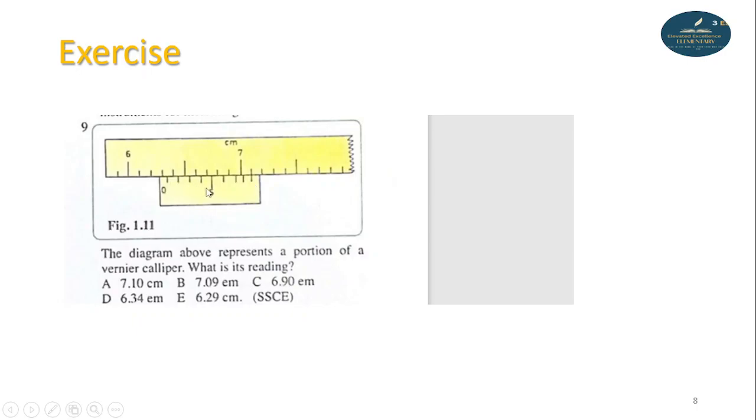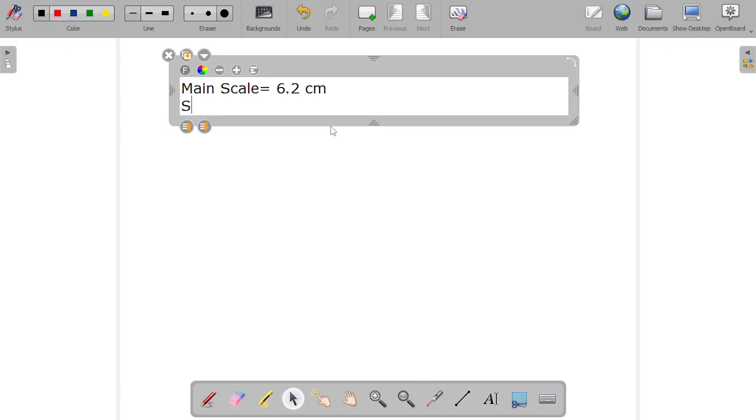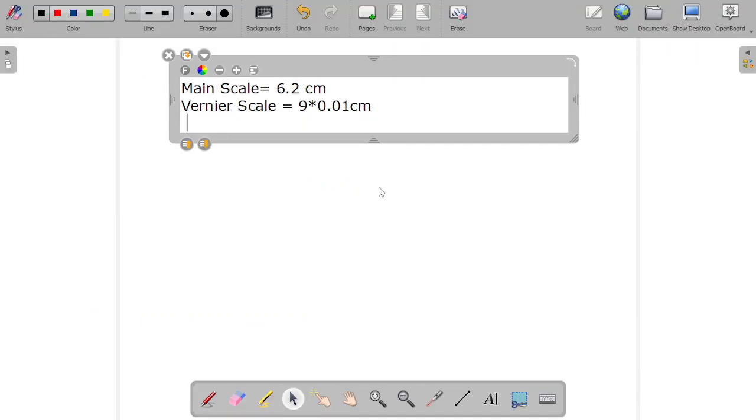So we have 0, 1, 2, 3, 4, 5, 6, 7, 8, 9, which is 9. And we don't write 9, we have to multiply 9 by the accuracy of the vernier caliper. So this is the vernier scale, which is 9 times 0.01 centimeters, definitely centimeters. So for vernier calipers, this is its default, 0.01 centimeters. Then we get 0.09